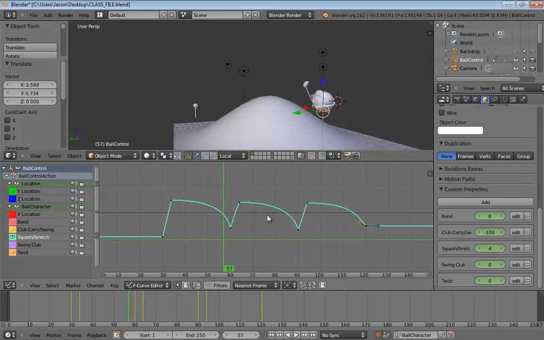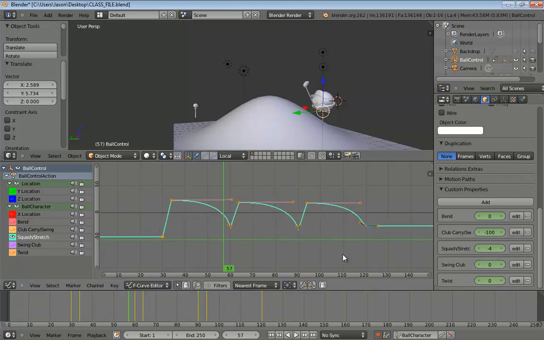What we actually want to have happen is for all of these bounces to be offset by just a couple of frames. We basically want to slide everything back so that our squashing and stretching is no longer happening right on the bounce, it's happening right beforehand, and that's going to make our character look less rubbery and more like he's actually exerting force, like he's stretching in order to jump and push himself up into the air. So to do that, I'm going to hit the B key, and we'll just drag a box around all these keys.